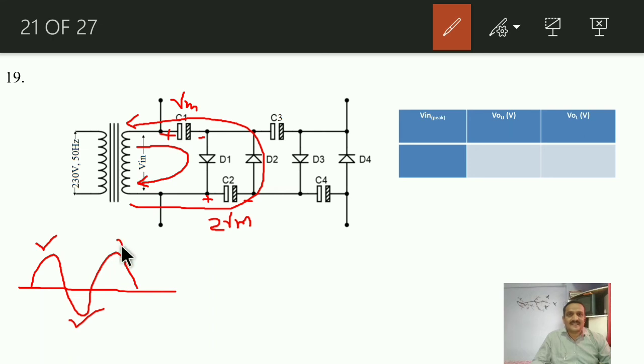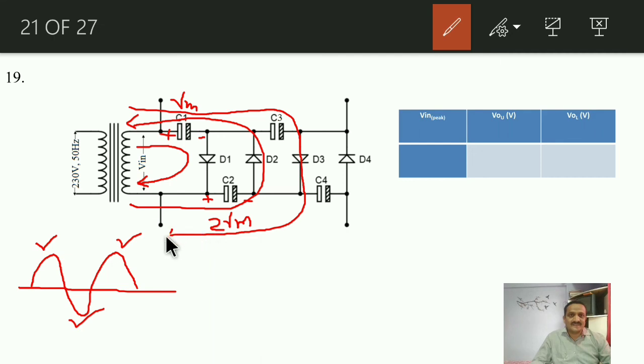Now during the second positive half, diode D1 will not conduct. Why? Because the energy stored by this capacitor C2 has the polarity as shown, plus over here, minus over here. That means the cathode of this diode D1 is at plus twice of Vm, while its anode is at maximum plus Vm coming from the input, right? That's why it will remain reverse bias. Now the current will get diverted through that diode D3 like this.